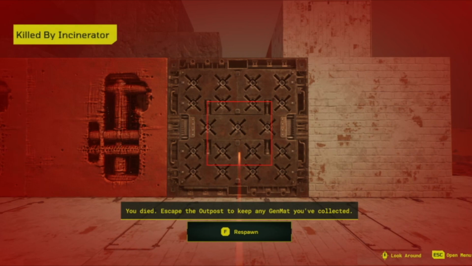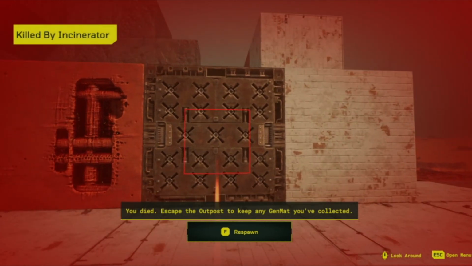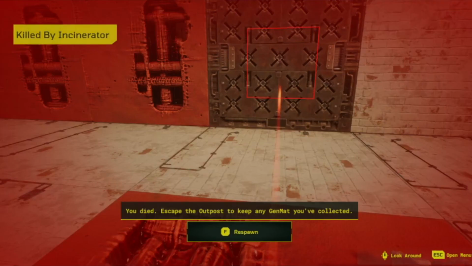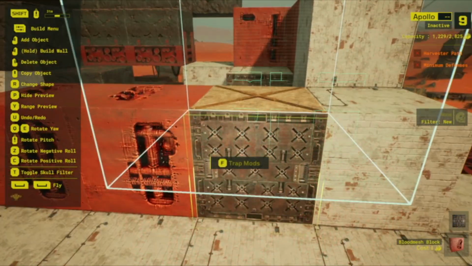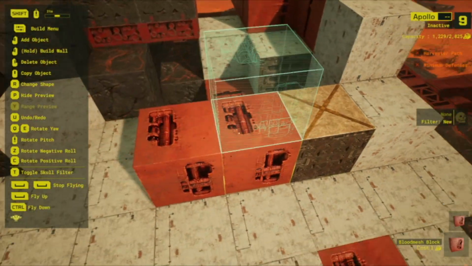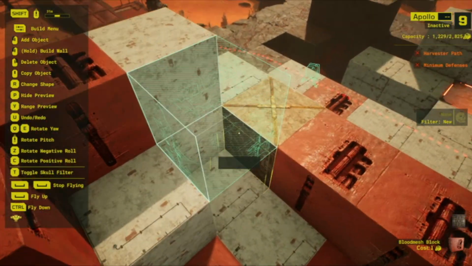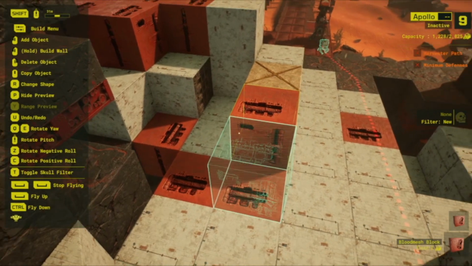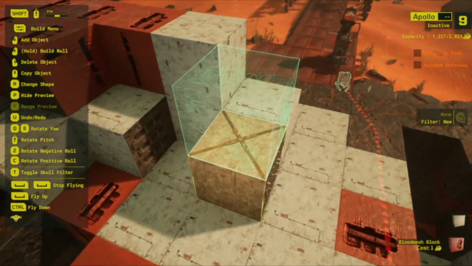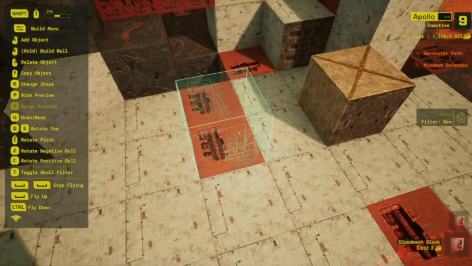I can see so many people cheesing their bases with this setup, because as long as you've got a trap, like I said, on both sides. I mean, this is just silly mode. Let me just see if I even did